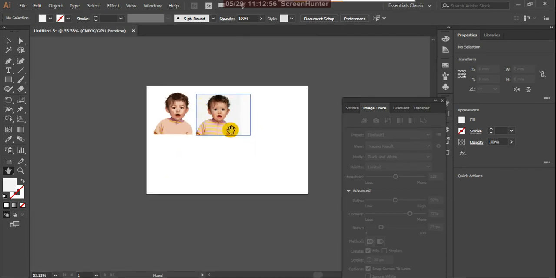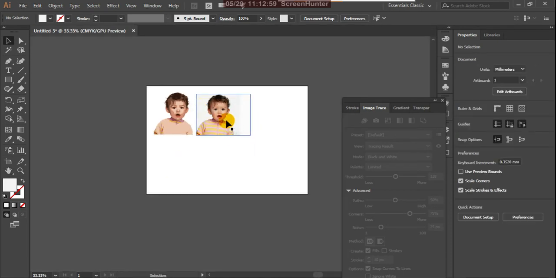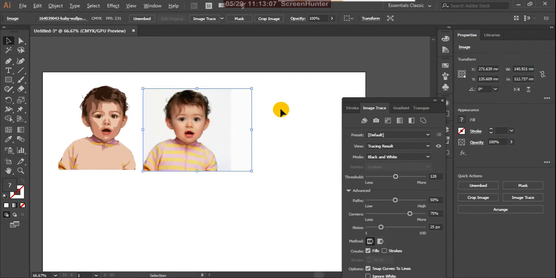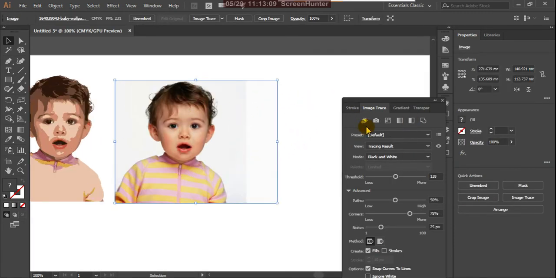Now I'll take the duplicate of this, so I'll keep it on one side because I want to use that again. Yes, now see the other one here.